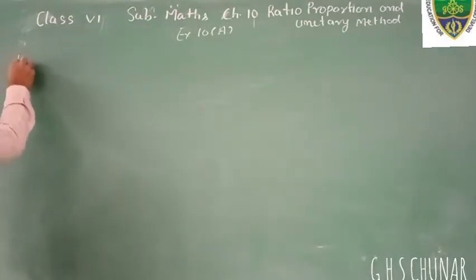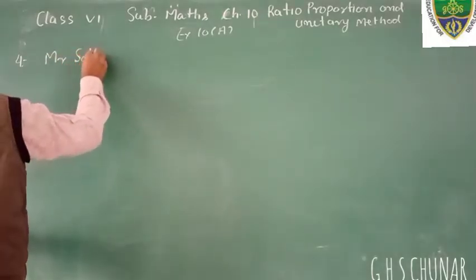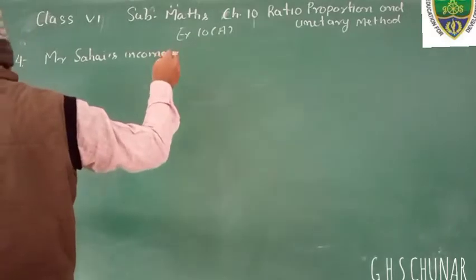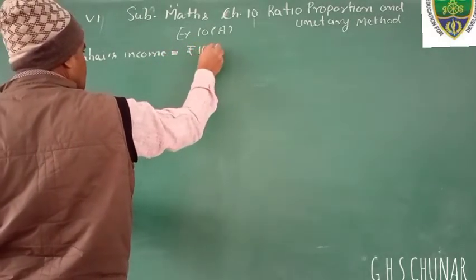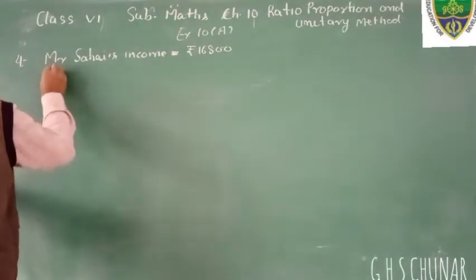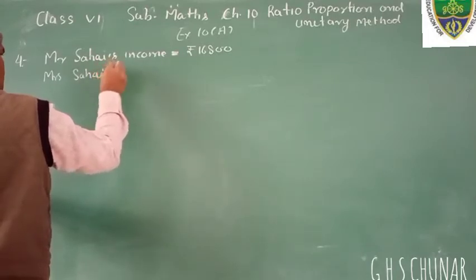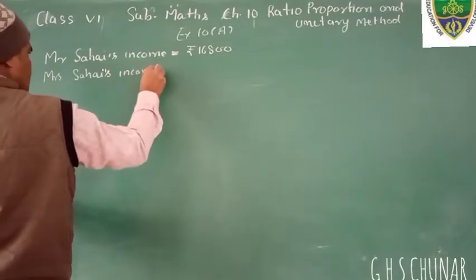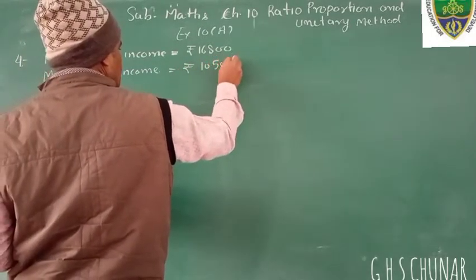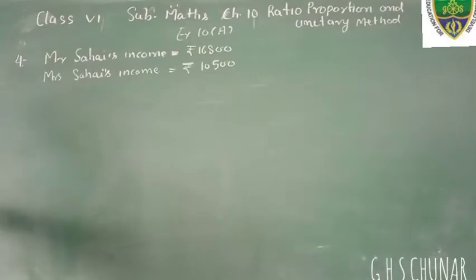In question number 4, Mr. Sahai's income is 16,800, and Mrs. Sahai's is rupees 10,500 per month. Find the ratio of